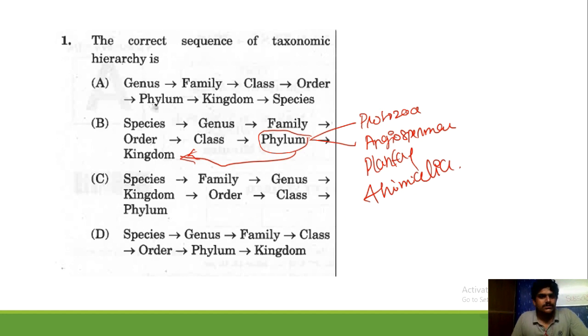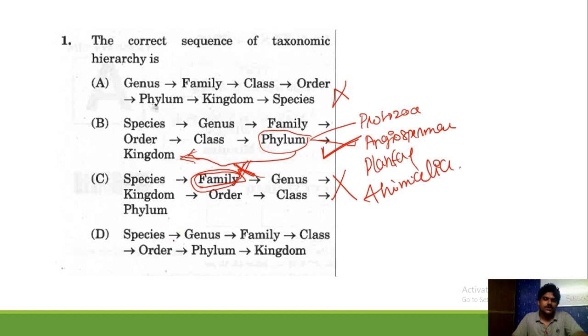So this is your right answer, because the first one was wrong and the second one is the correct answer for this question. Then let's see why the other two are not right. In the taxonomic hierarchy, always soon after the species there should be the genus, not the family. Here this particular answer goes wrong.